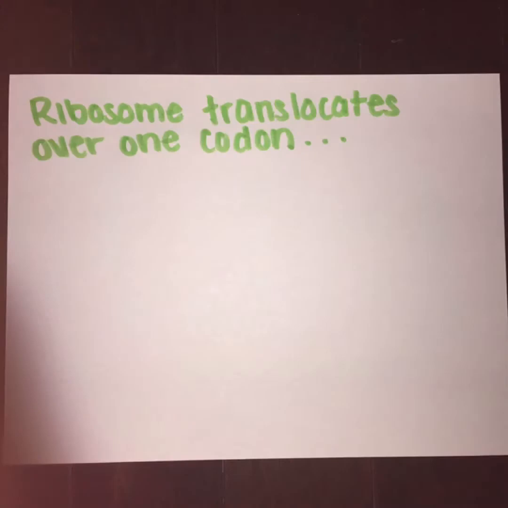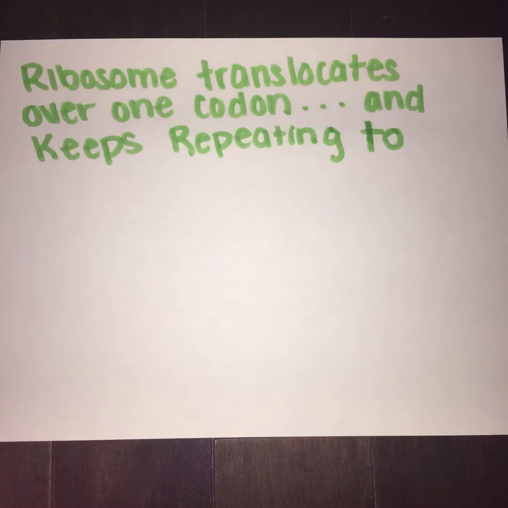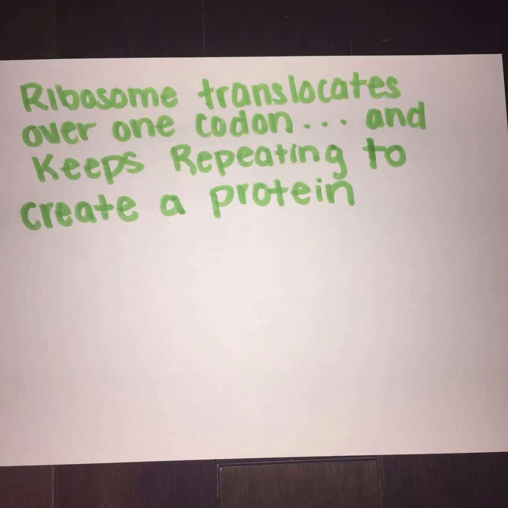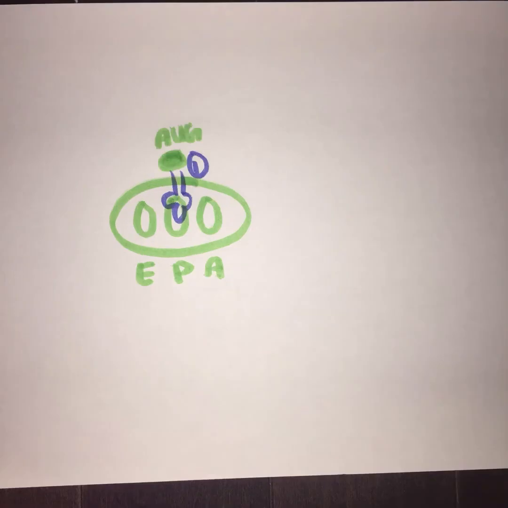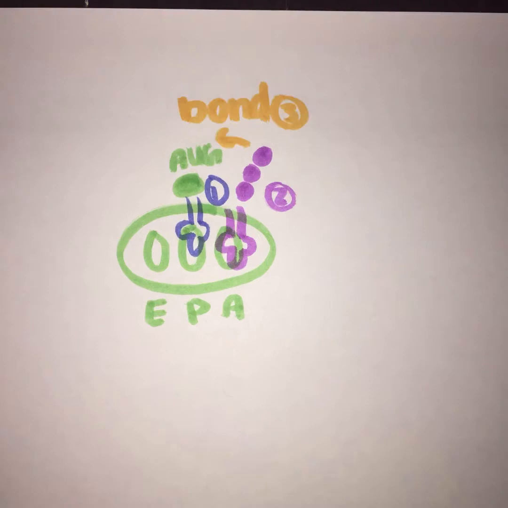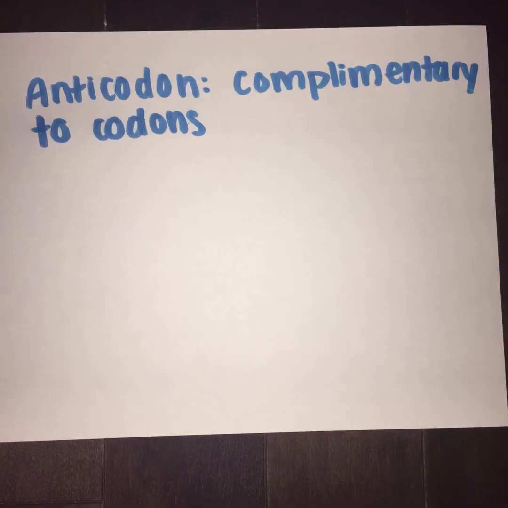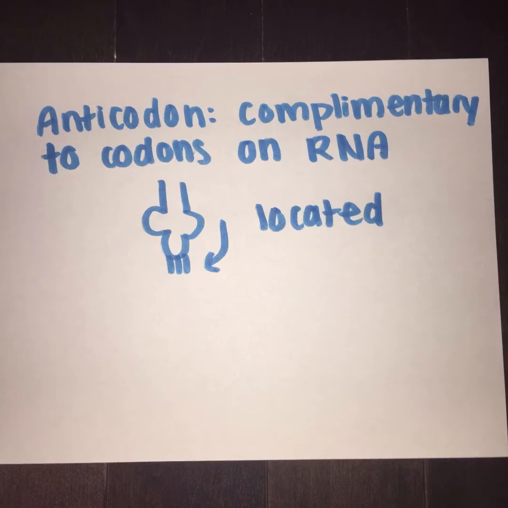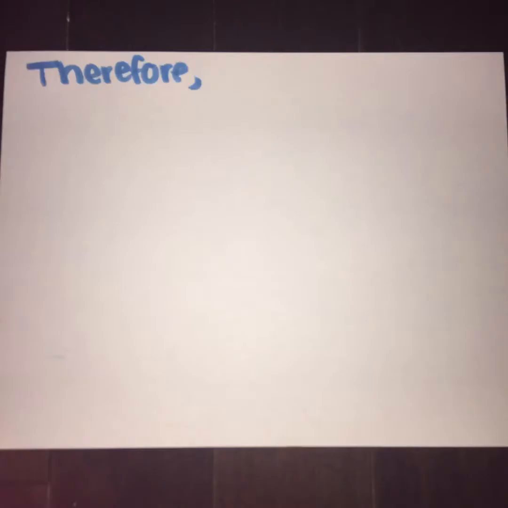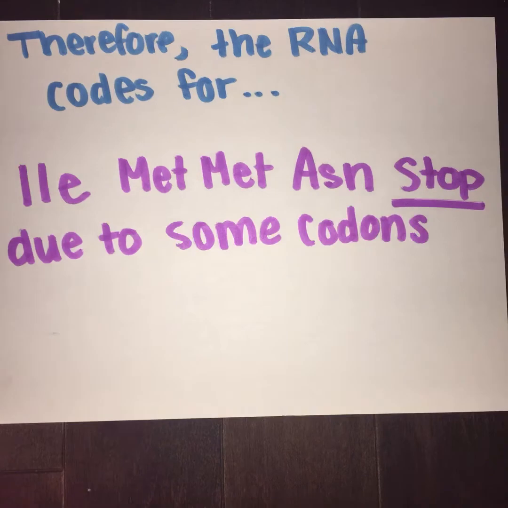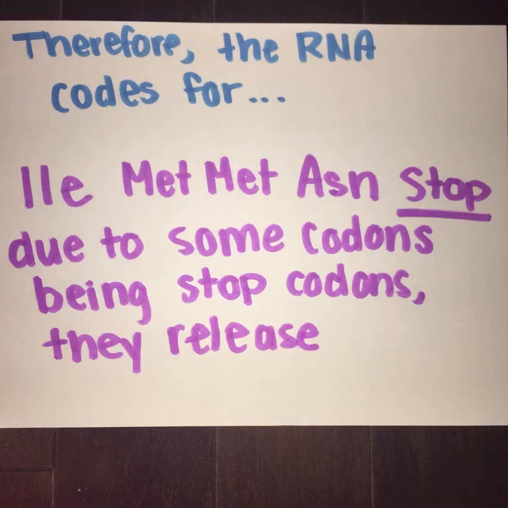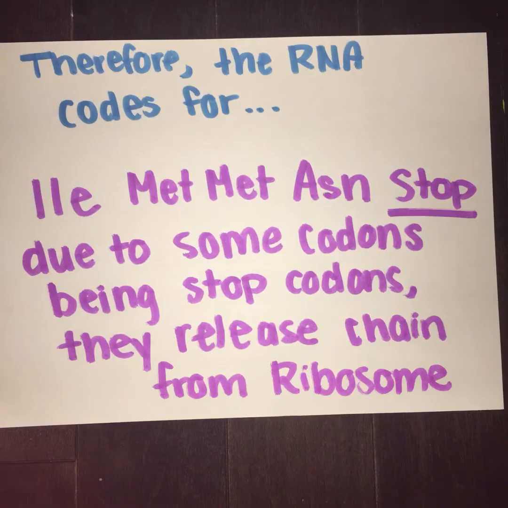Also, the ribosome continues to translocate over a codon, which keeps repeating to create a protein formation, a chain of amino acids. Such as in this diagram here, it starts with the P in the P site and continues on. An anticodon is a complementary codon which, for RNA, is located on the tRNA. Therefore, the RNA codes for the following amino acids. Due to stop codons, they release the chain from the ribosome. Mission